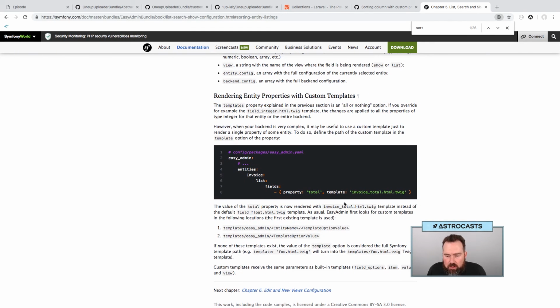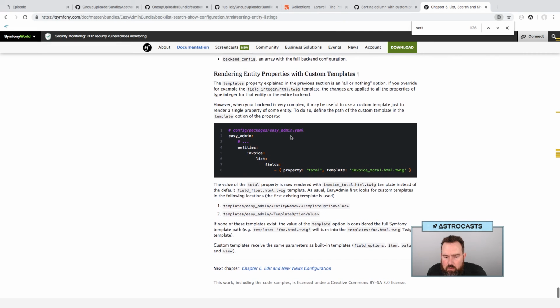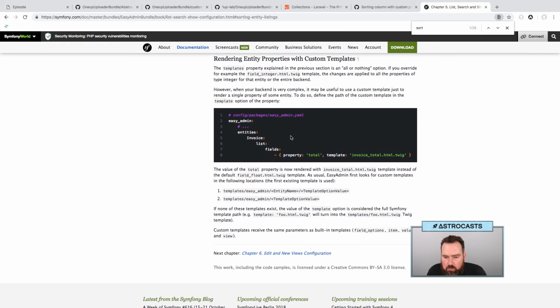This might be something that is too complicated for me. Template property. If you override the example field integer, option value, so